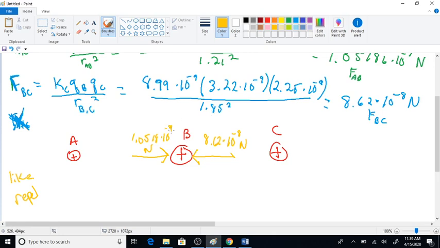Oh, this is not minus 9. This is minus 7. Sorry, people. Double check that. Minus 7. I get a little overzealous with the minus 9 here because the charges in coulombs are a lot of times that. That's minus 7. So this minus 7 means that this is bigger than this minus 8. So we're going to have a net force going this way. This is our net force diagram. And what is this going to be? Well, you take this number and subtract this number. Or you can make this a negative since it's to the left and add the two. In any regard, you end up with